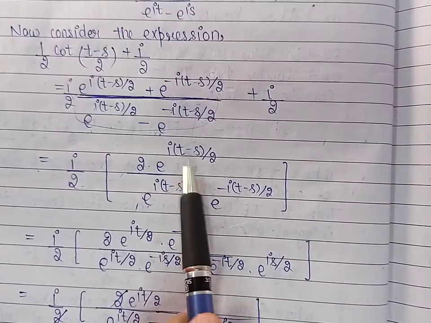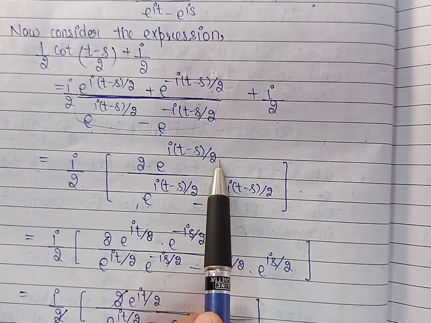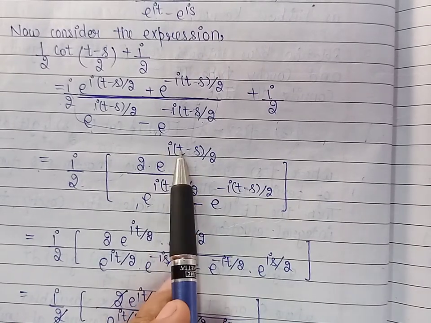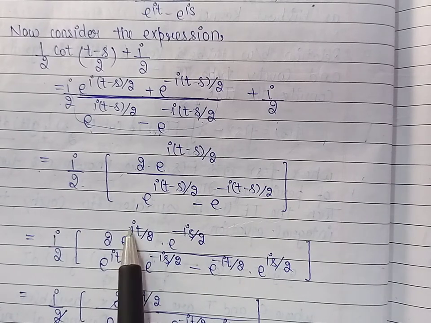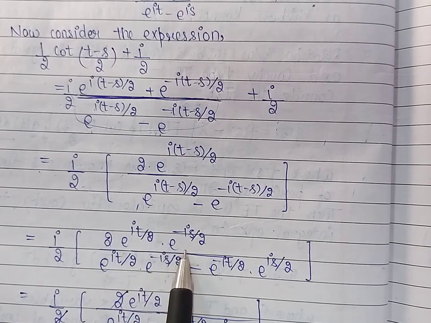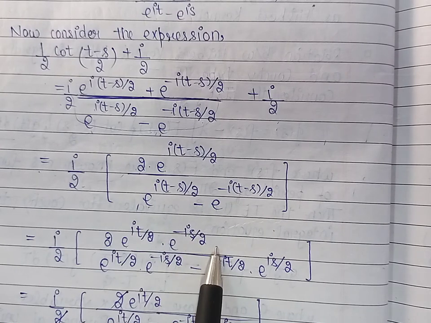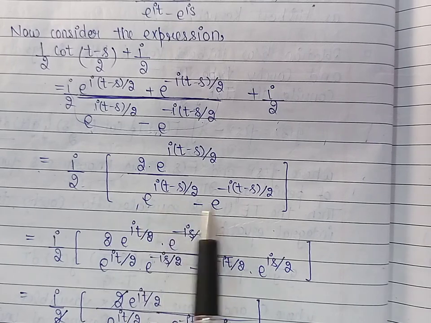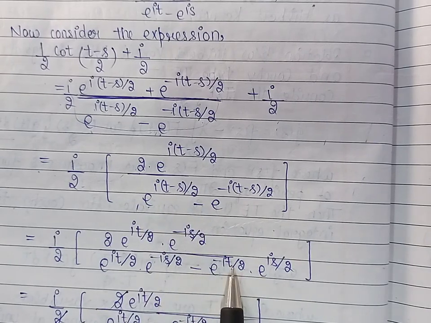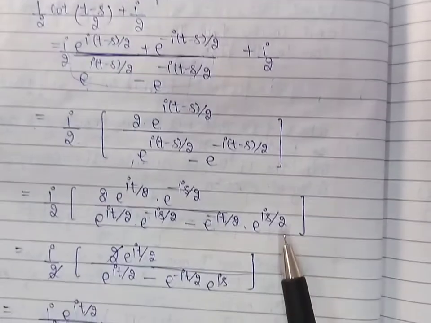Now we can break this term into two parts. e raised to the power iota (t minus s)/2 can be written as e raised to the power iota t/2 into e raised to the power minus iota s/2. In the same way, in the denominator also, we have separated each of the terms into two parts. Now this term can further be written as